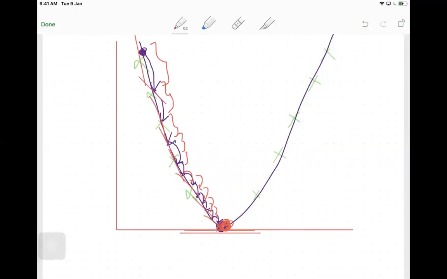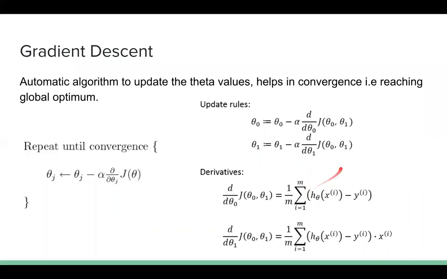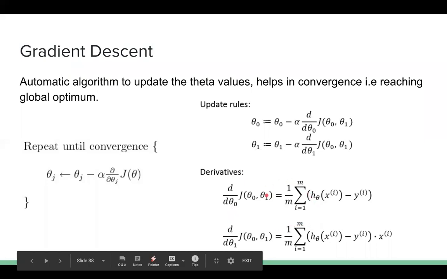So the partial derivative that you are taking will ensure that whenever you have a high error, it tries to move towards the lower error, and it will stop when your error is minimum. That is the importance of partial derivatives in the gradient descent algorithm. Hope you got an idea of how this derivation is actually working.